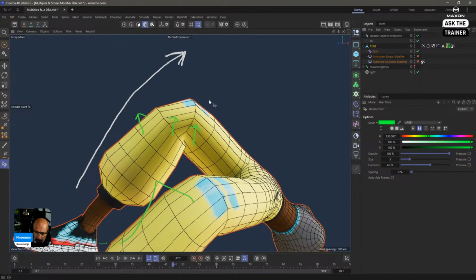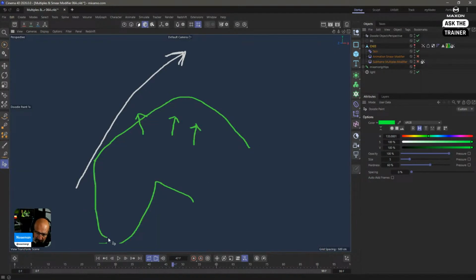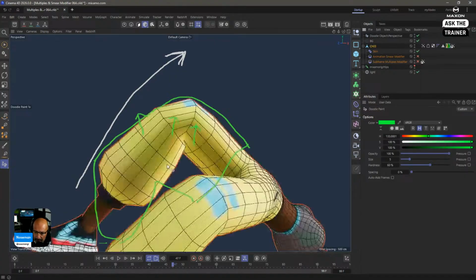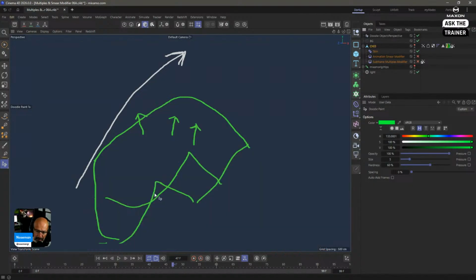And then we do this, okay? So now we have that stretched version where the real leg is here, but we have that stretched leg, these two little parts here, which create that kind of smearing.